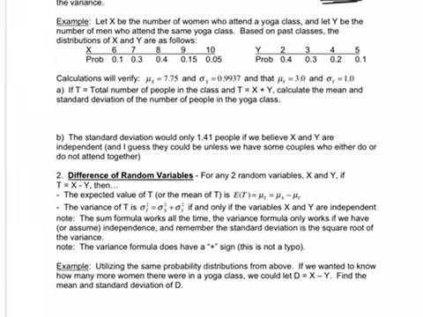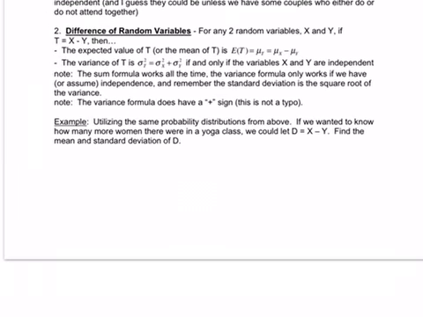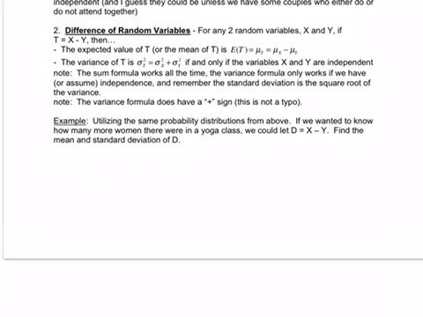Even if we are subtracting two random values, the mean is found by subtracting the two means. The standard deviation is found, though, by still adding the two variances and then square rooting. So on these notes, there's a couple of